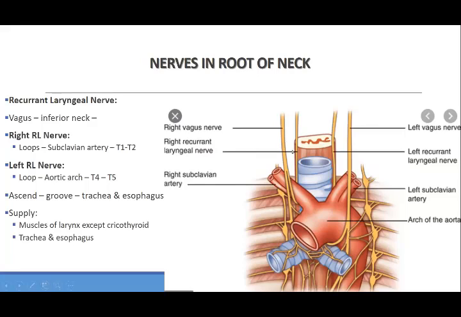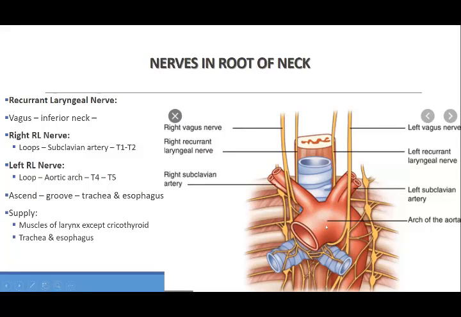On the right side it is slightly different. On the right side, the vagus nerve gives off the recurrent laryngeal nerve in the lower part of the neck. This recurrent laryngeal nerve then loops around the first part of the subclavian artery. Now, in both cases, once they hook around their own blood vessels, the subclavian on the right side and the arch of aorta on the left side,